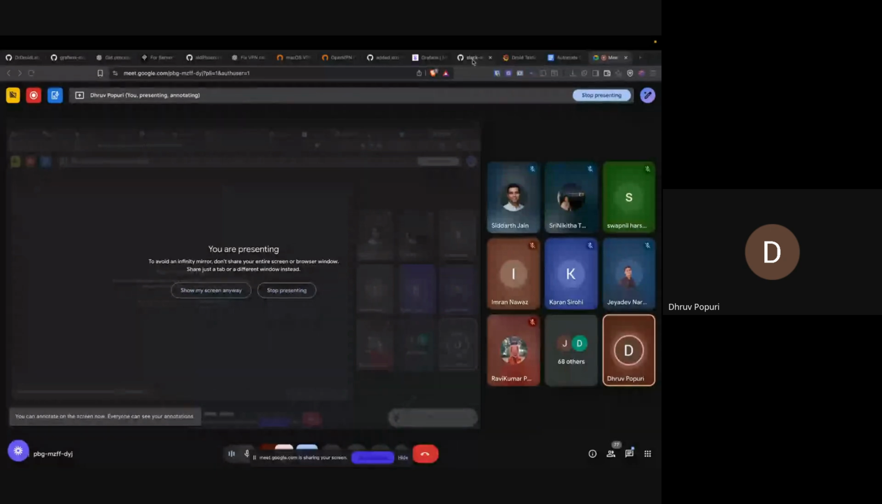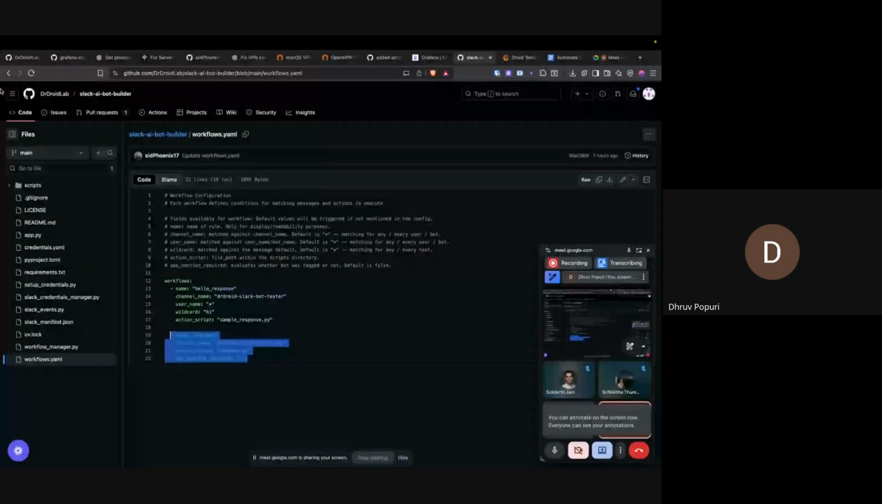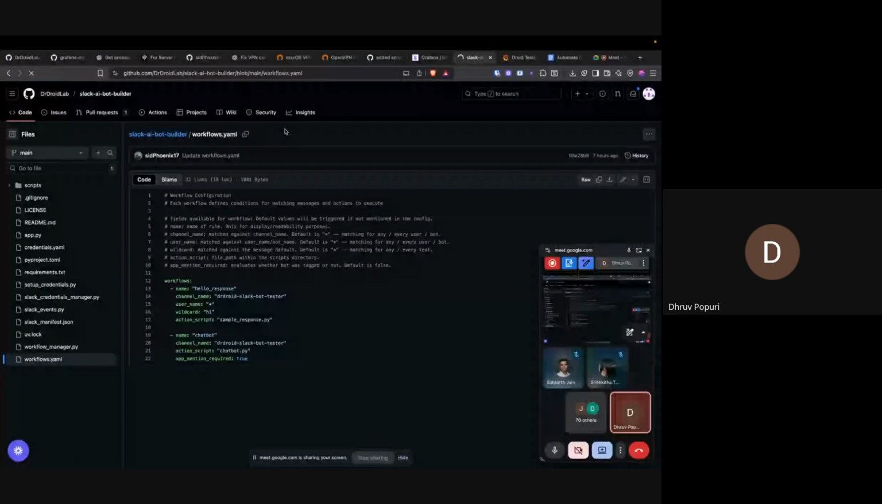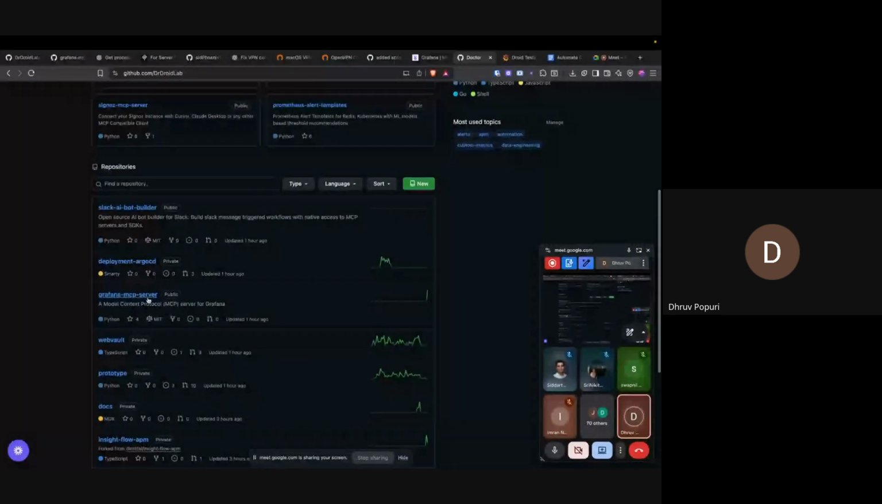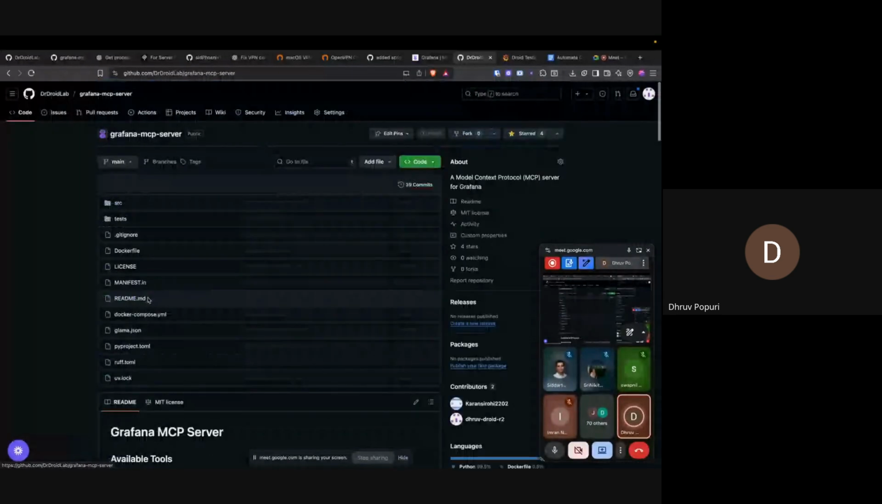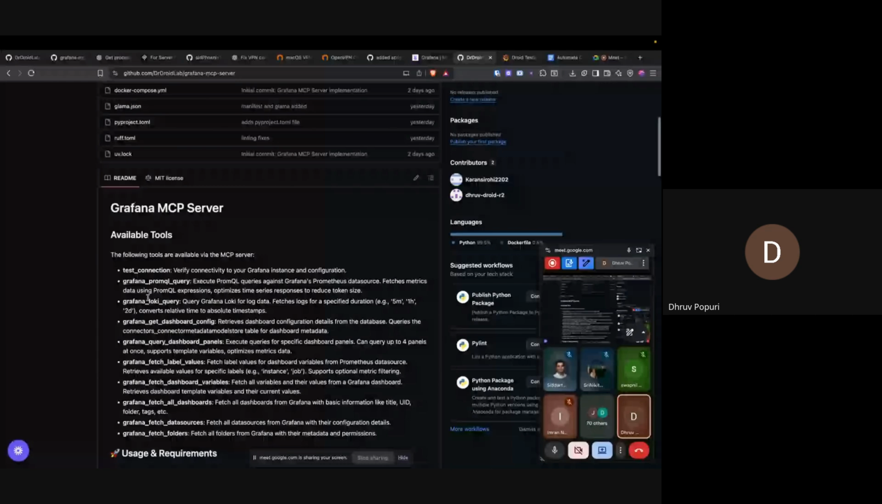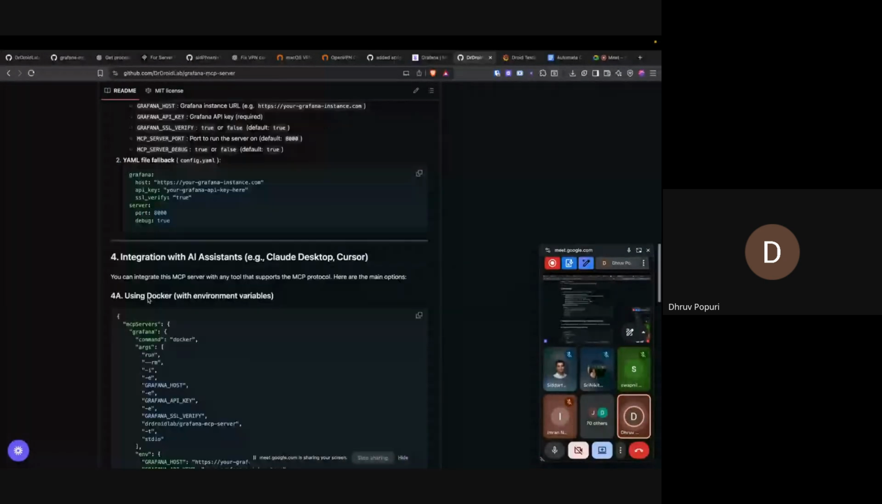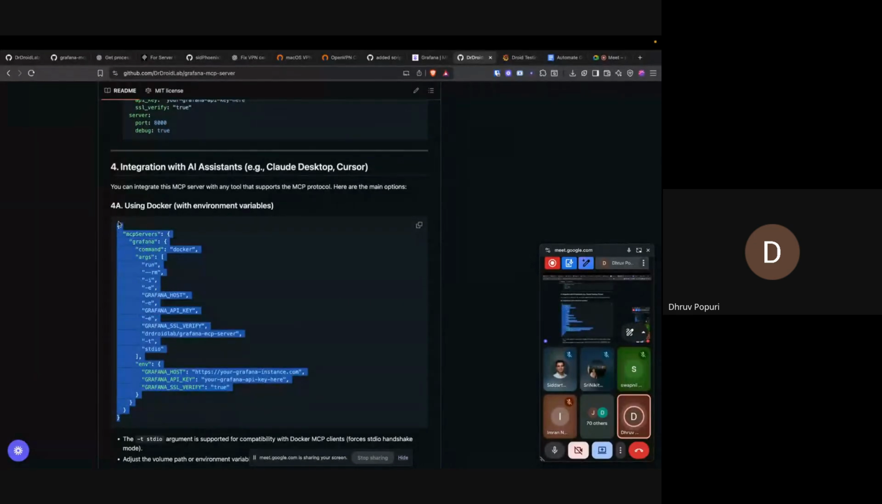So firstly, let's just jump into the repository. So this is our open source repository for the Grafana MCP server. Let me just show you very quickly how we can get it connected to Cursor and how it works with that. All you have to do is essentially copy this configuration and replace your environment variables over here